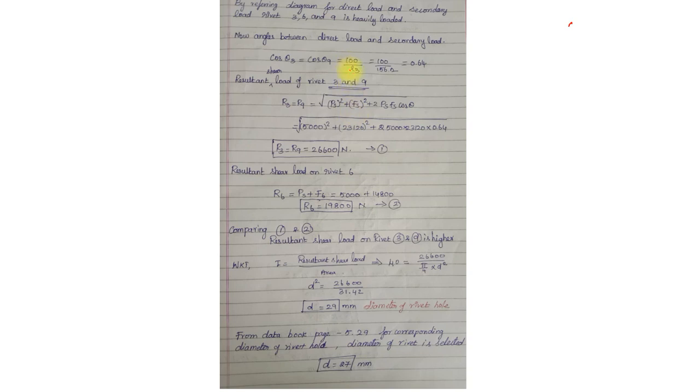See here, 100 divided by L3. We know that. This is the actual L3 value. This is 100. This is the center of gravity. This is rivet number 6, and this is the particular rivet number 3. So I know this particular value, I know the L3 value, then I can find out this particular theta by cos theta is equal to 100 divided by L3, so that I am finding the value of cos theta alone.